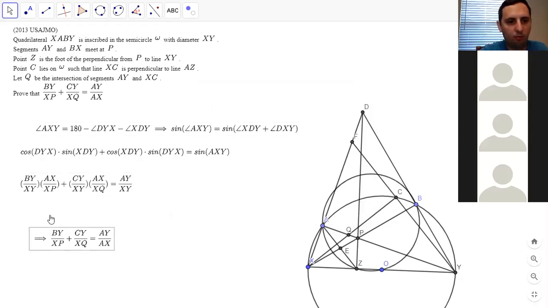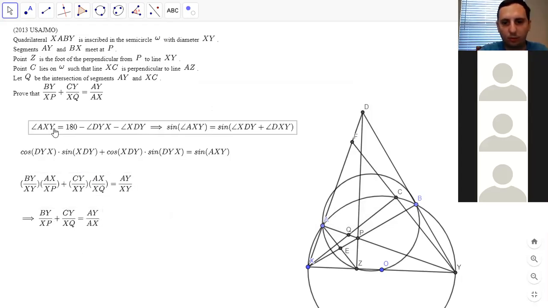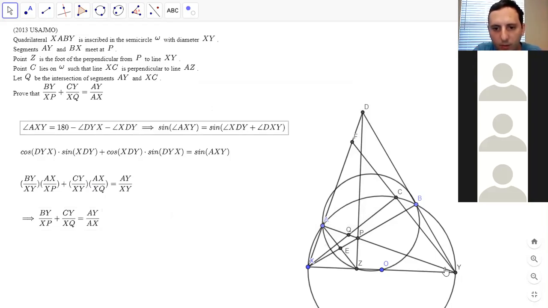So let's go through each of these. DYX, we're saying the cosine of that is by over xy. And then XDY, we're saying it's ax over xp. And then XDY again, we want the cosine, and we're saying that's cy over xy, because XDY is equal to